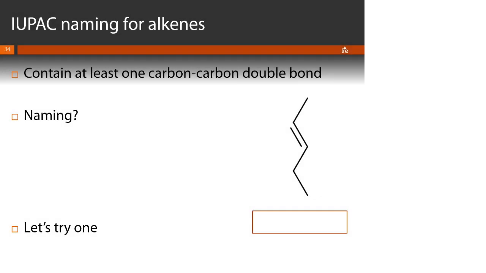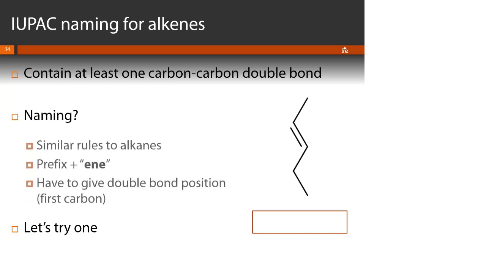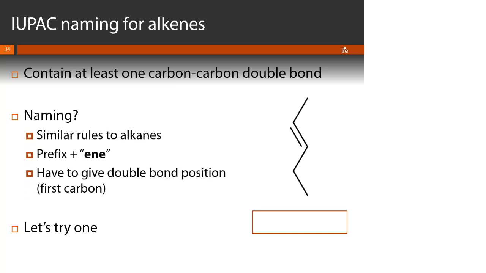Okay, so in this video, we're going to talk about alkenes and a couple different classes of isomers. So first things first, an alkene is a hydrocarbon that contains at least one carbon-carbon double bond. And we're going to name these using similar rules to alkanes. We're going to take our prefix, the same group of prefixes you learned earlier this semester, and this time we're going to use the suffix -ene,